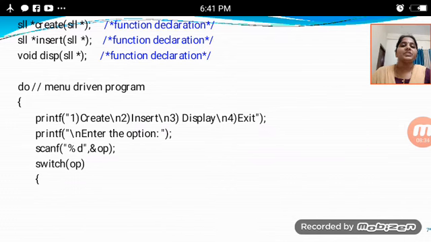Then the printf function, enter the option. After that, the output function, the program asks me to enter which option you have to choose, either 1 or 2 or 3 or 4. After that, the scanf function is there, with %d and ampersand option. In that option, we give 1, 2, 3 or 4.